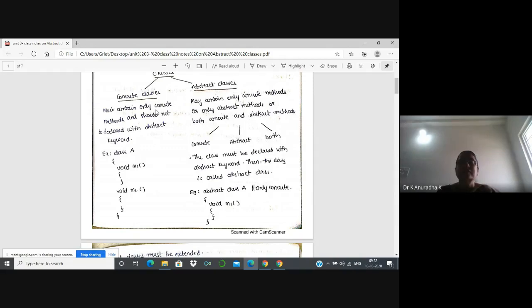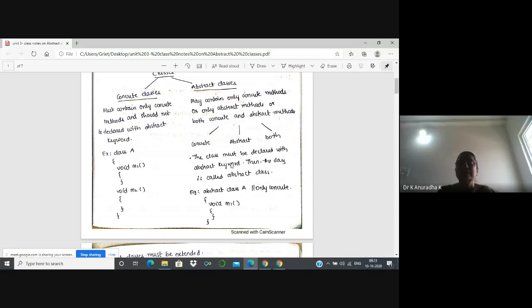Here if you observe the difference between these two, concrete classes must contain only concrete methods, that's it. But abstract classes may contain only concrete methods, or only abstract methods, or both concrete and abstract methods.